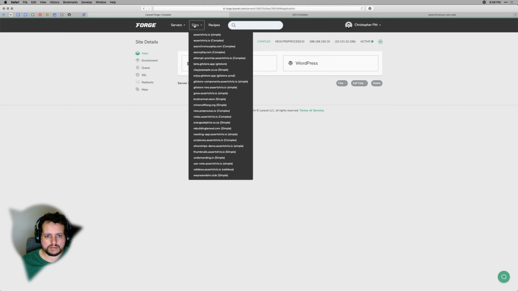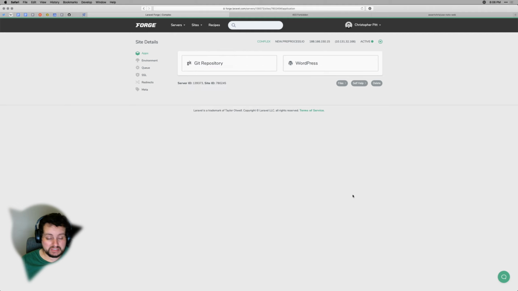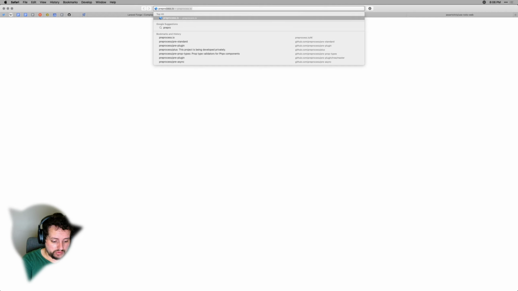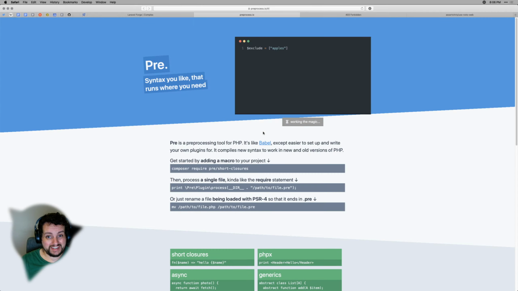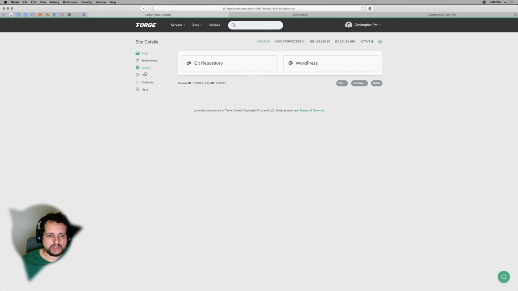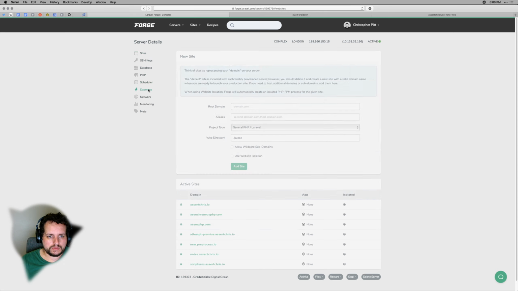except that this doesn't look like it has an app behind it. Where's preprocess on here? I know preprocess exists because I can go preprocess.io, and that's there. You know what I think is the thing? If I go to daemons,